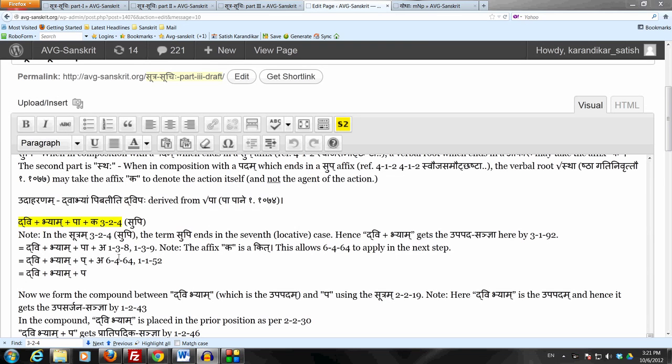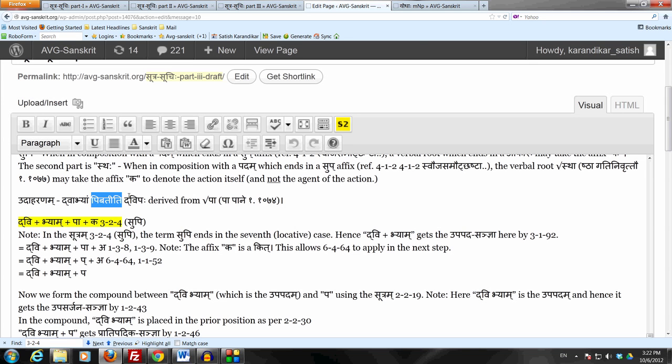The first example we're taking here is dvabhyam pibati iti dvipaha. Dvabhyam pibati iti dvipaha. Derived from the dhatuhu pa pane. Pa is to drink. Now this vigraha vakyam says that someone who drinks using two instruments. This means an elephant, gajaha, because an elephant drinks with its trunk and then with the mouth. It takes the water with the trunk and then puts it in the mouth. So dvabhyam pibati, dvabhyam karanabhyam, with two instruments he drinks. So this is a word which means an elephant.